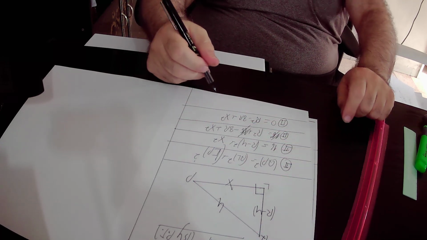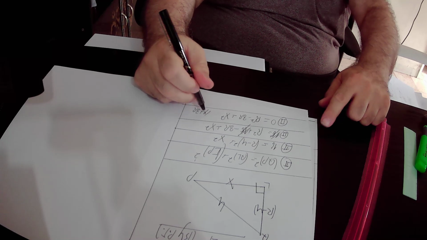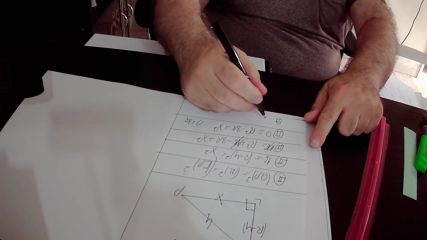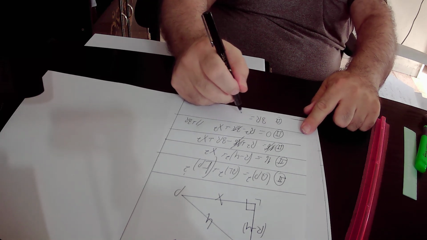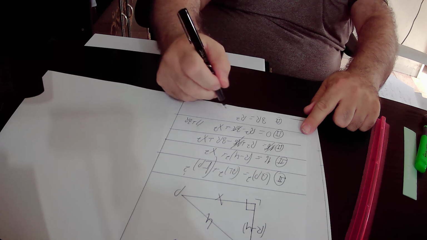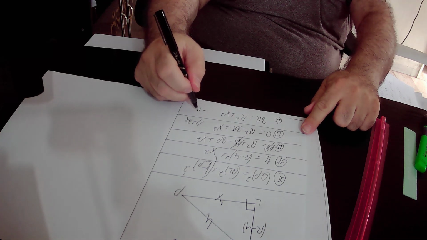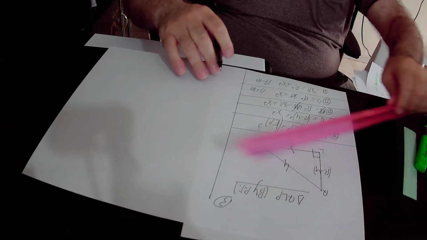So here we will add 8R to equation number 2, and we get that according to equation number 2, 0 plus 8R is 8R. That is equal to R squared plus X squared. So here we subtract R squared from equation number 2, and we get that according to equation number 2,